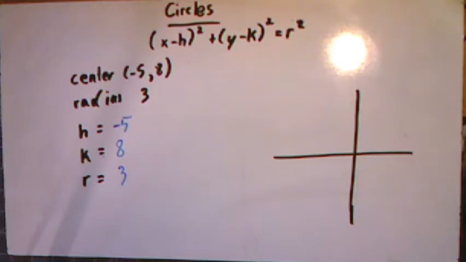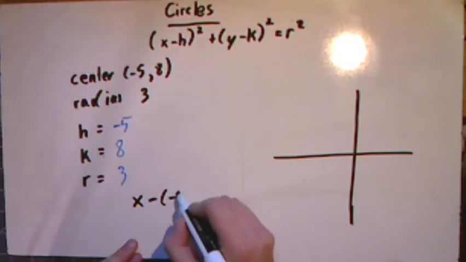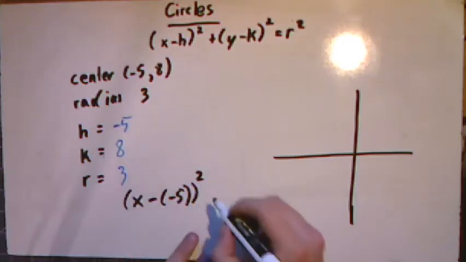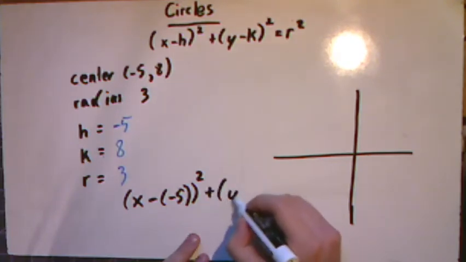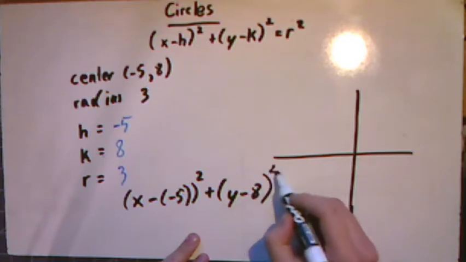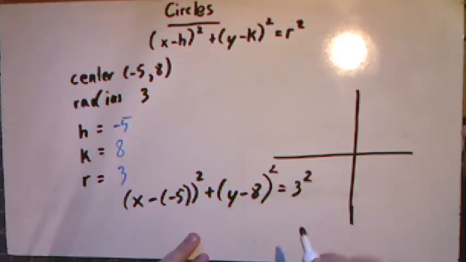And at that point, we just plug into our formula, where we end up with x minus -5, and this whole thing is squared. You add together your y minus the k, which is 8, squared,